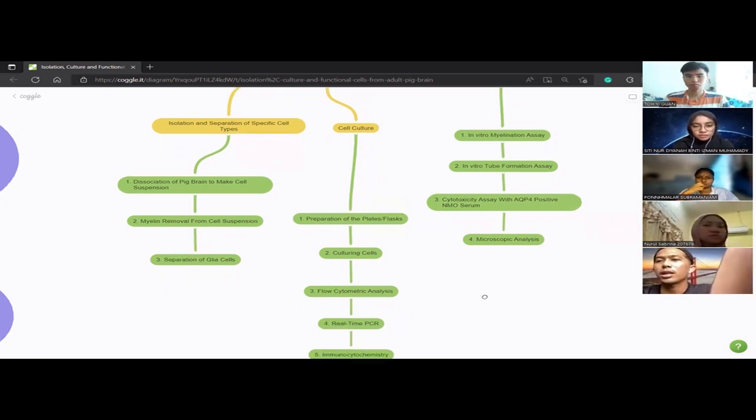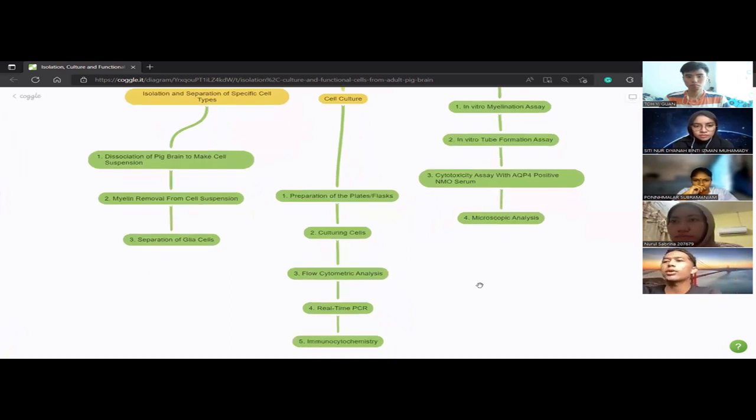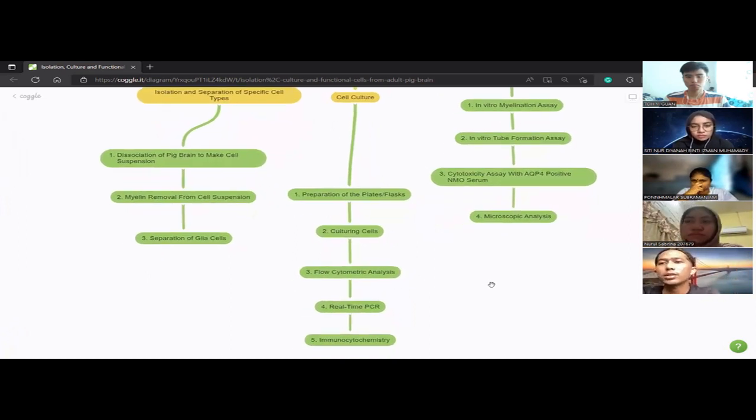And next is cell culture. All the separated cell fractions were cultured in similar conditions, but in different cell type specific media. The surface of the cover slips, plates or flasks was coated with L-ornithine and laminin. In these cell culture steps, there are 5 steps beneath it. The first one is the preparation of the plates or flasks, followed by culturing cells, flow cytometric analysis, real-time polymerase chain reactions, and